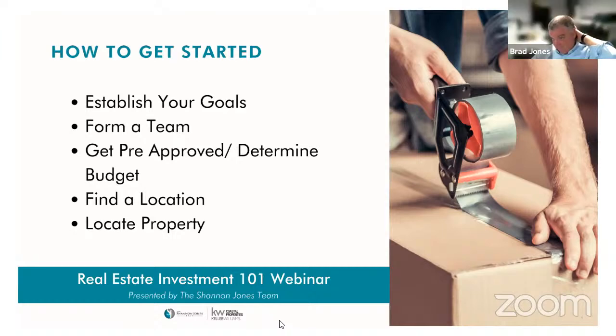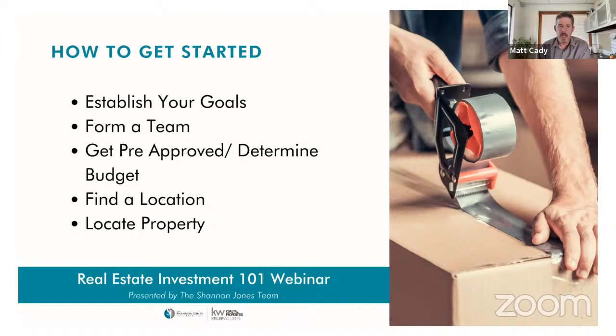Yes. As far as getting pre-approved and working with an agent, if we're talking about a non-owner occupied house, or a property that has multiple units, it is so important that the realtor and the lender communicate and collaborate, because I mentioned that we can count 75% of the rental income. Well, if we're dependent on the income to qualify, and if that determines our budget, I need to have an understanding of